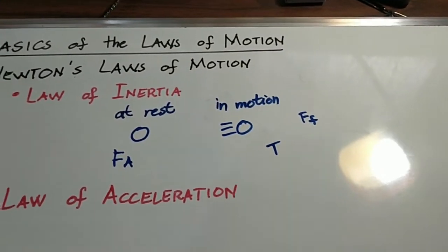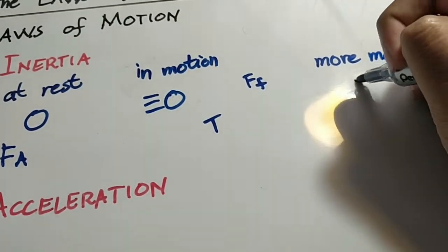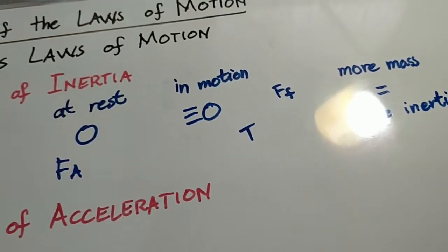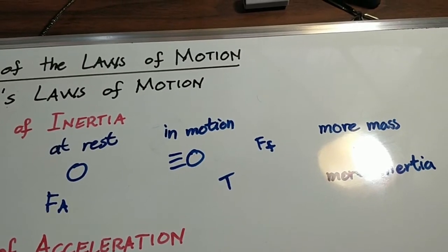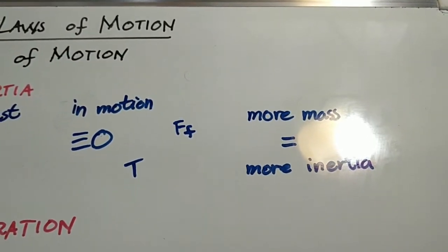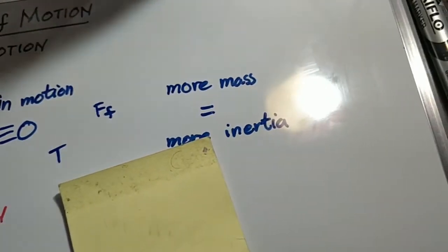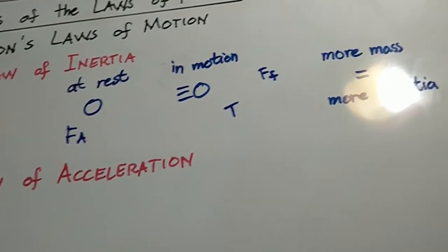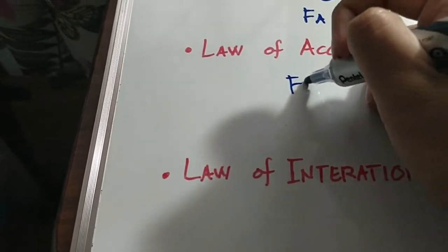And also, sinasabi rin sa law of inertia, more mass equals more inertia. Kasi nga, since parang yung mass nung isang bagay, kapag siya'y masyadong mabigat, more inertia siya in terms na, kunwari ay siya'y nasa rest, meaning, it will stay at rest. Basta yan, inertia. So, sa law of acceleration naman, dito natin makikita yung formula na force is equal to mass